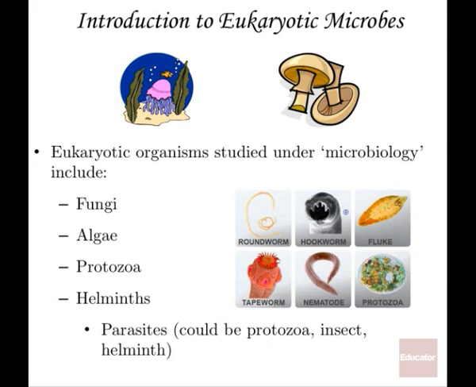So these organisms include the fungi, the algae, the protozoans, and the helminths. So you might ask, well, what's a helminth? A helminth is a worm. Then you might ask, well, why are they called microorganisms if some of them we can actually see? And there are some worms that are actually 30 feet long. The tapeworms can grow that long, by the way. And so really it's just kind of a grandfathered type of discipline that started way back in the 1700s, even